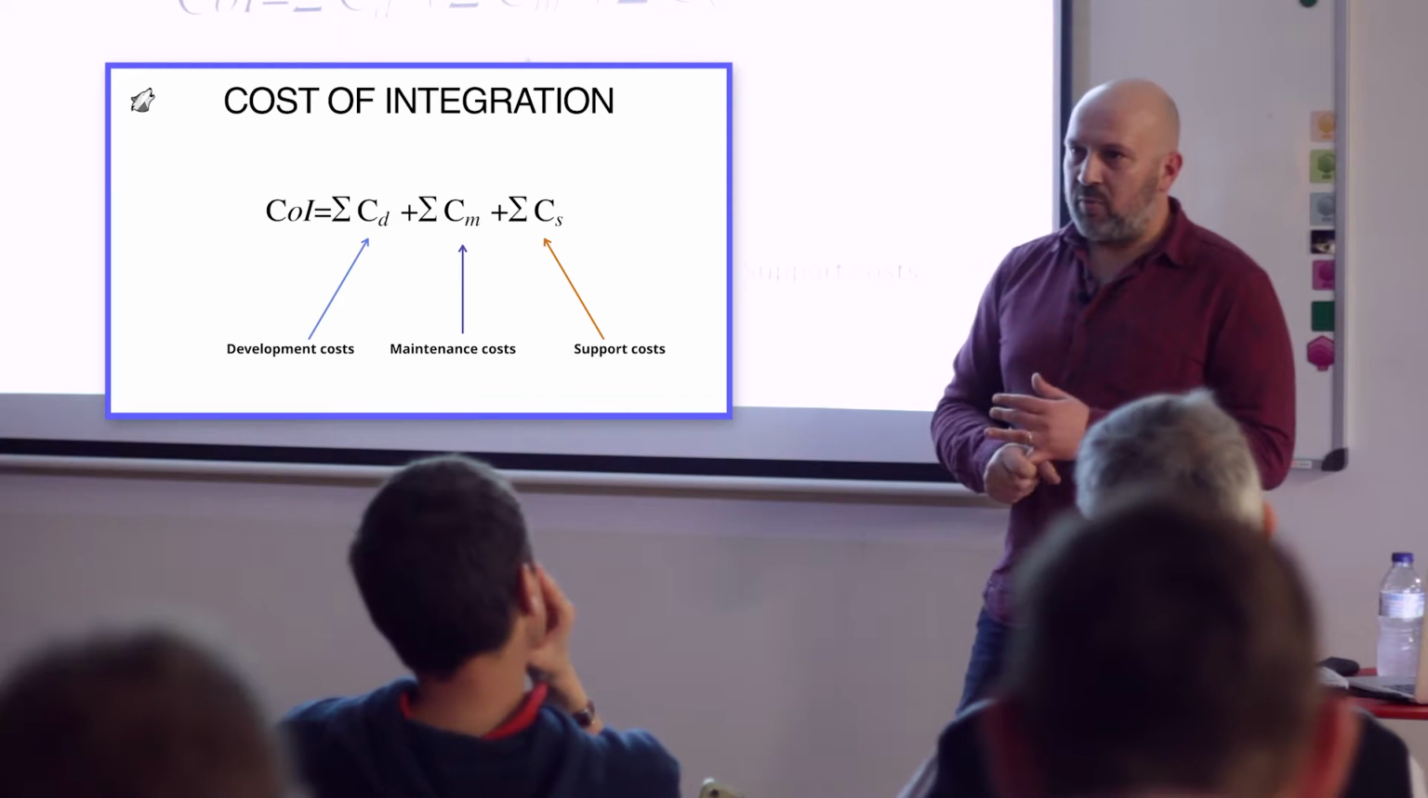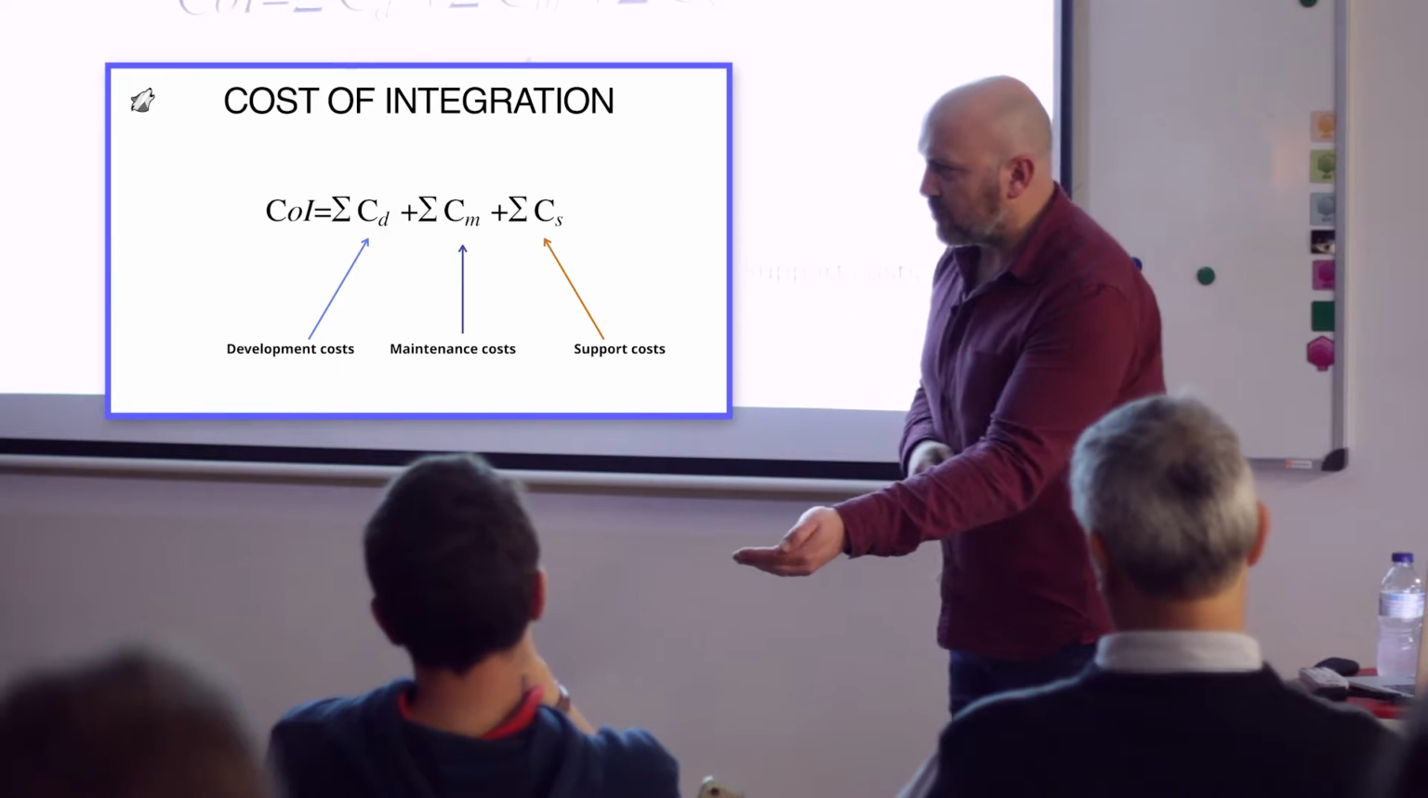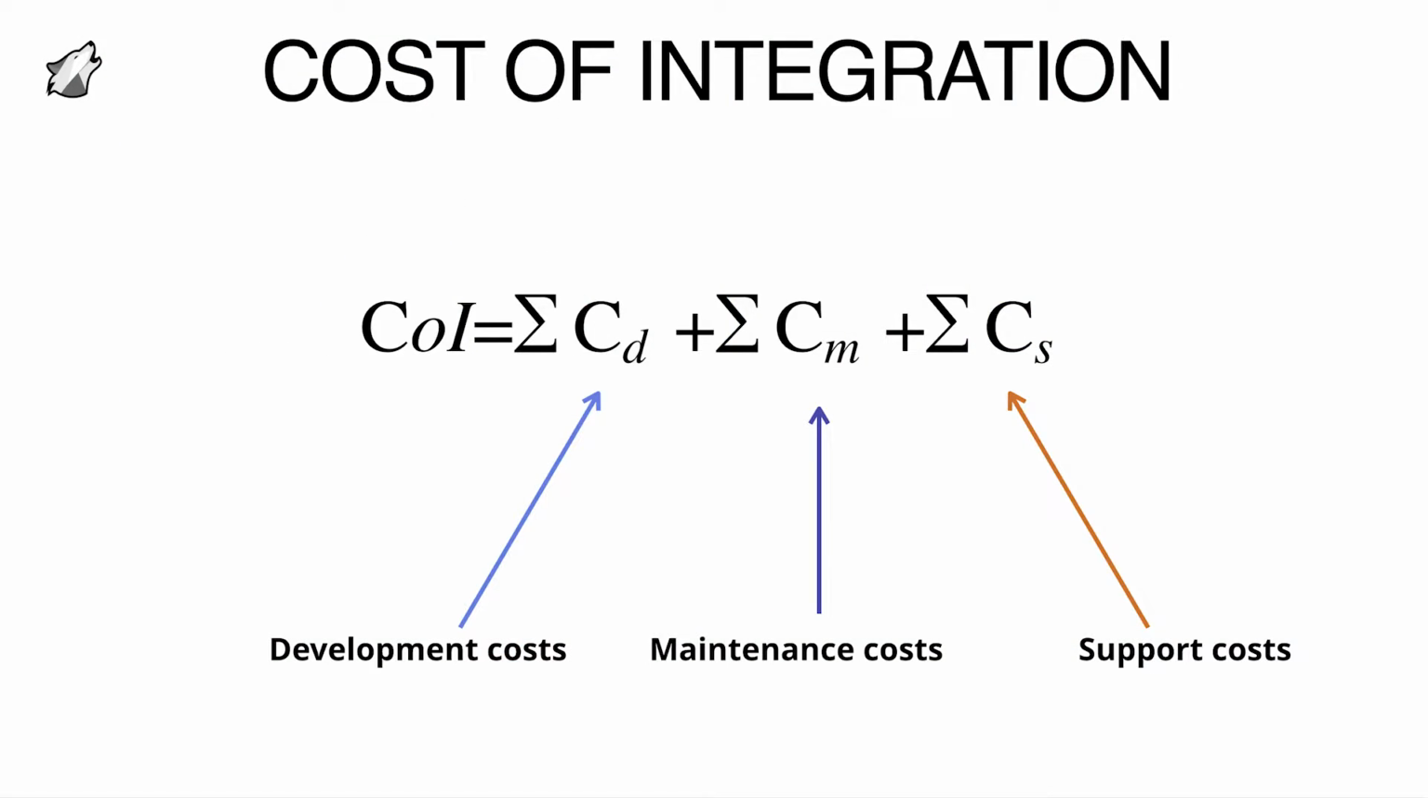So if you don't have an API, obviously you need to develop the API in order to build the integration. So you need to add the costs of developing the API. If you already have an API, but you need a specific feature, you need to add the cost of developing that feature. And then all the maintenance costs, meaning all the costs of keeping the API up and running over